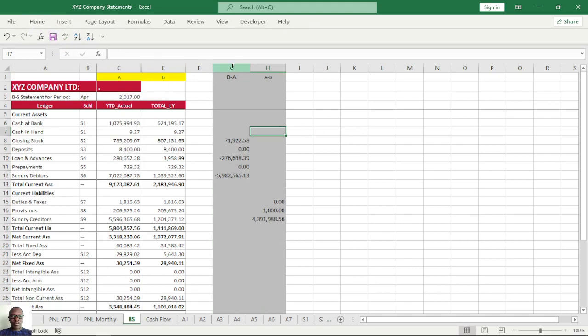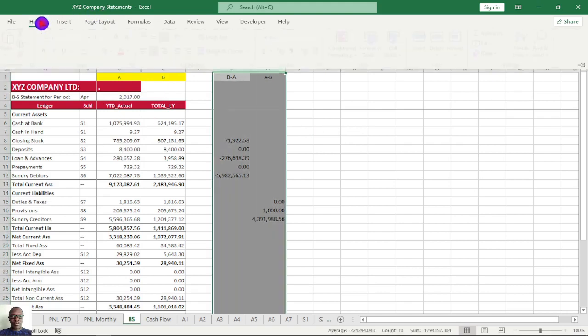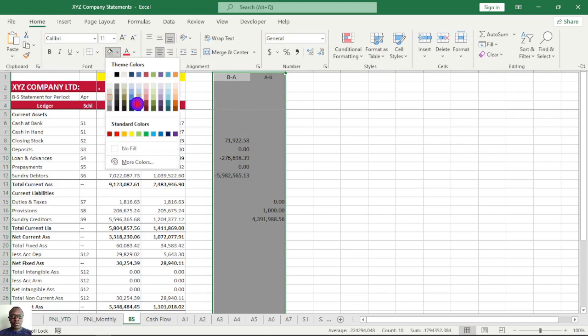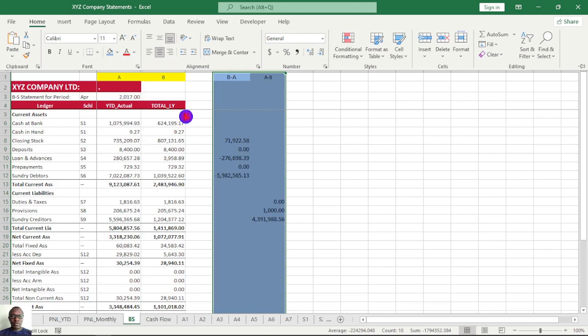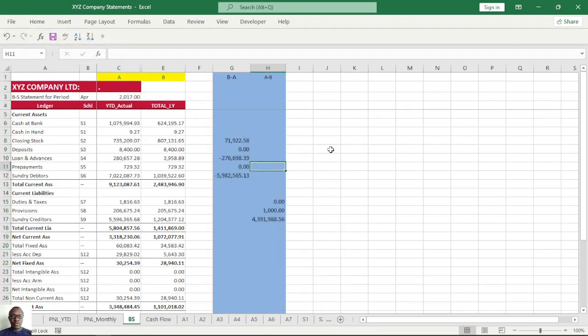The first column here is for the current financial year, and the next column is for the previous financial year. So for us to get the values of inflow and outflow for the previous financial year,